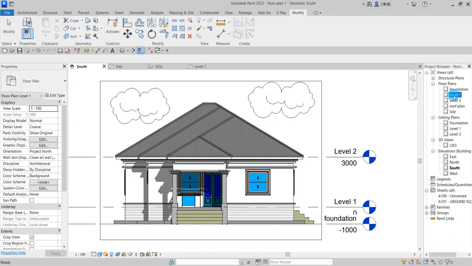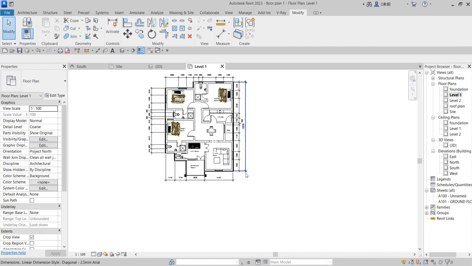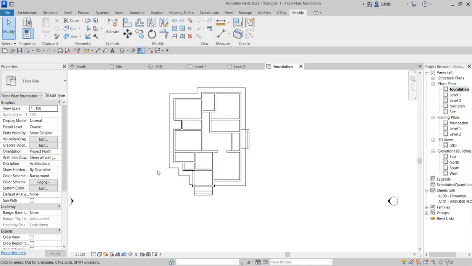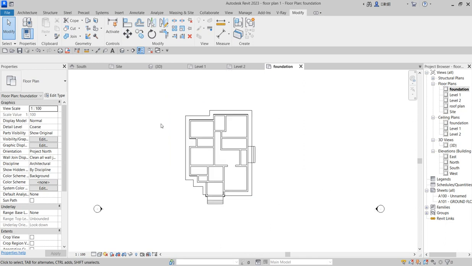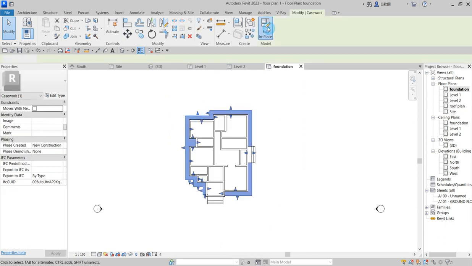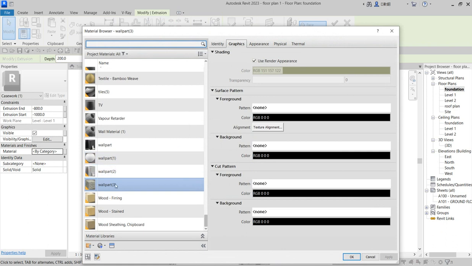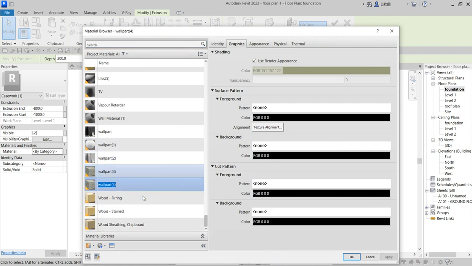And so now the first thing to do is to go to the foundation plan, click on foundation. Okay, so click on foundation. What you do is change the material of this particular one. Click on it, select and rename it